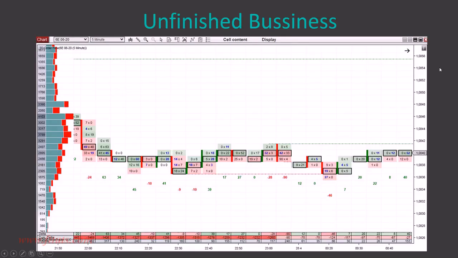Now, next example, also Euro futures, 5-minute chart. In here there was sort of rotation and there was unfinished business in here, so there is the red dotted line, and as you can see the price tested it quite soon, one tick below, and then went upwards again. It worked as a magnet.